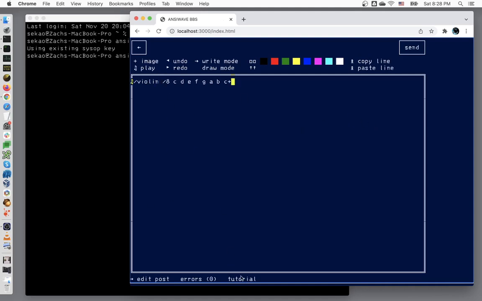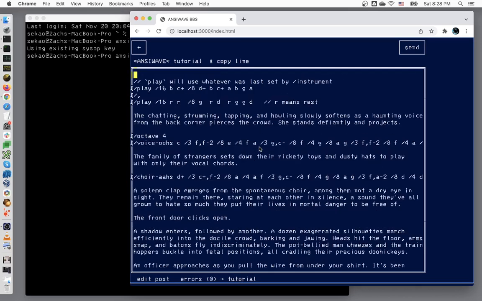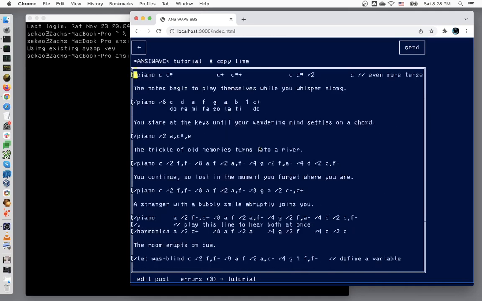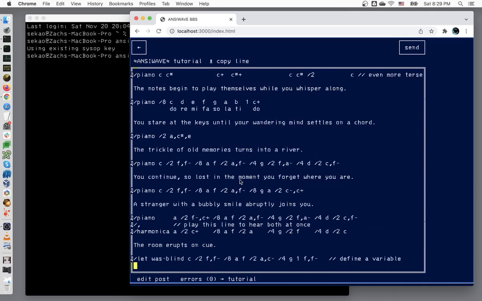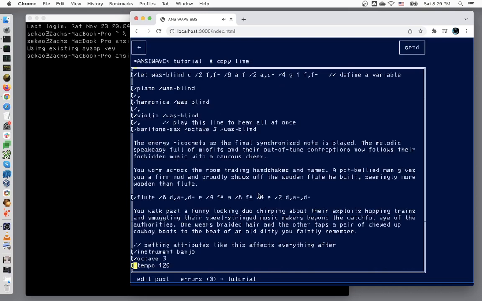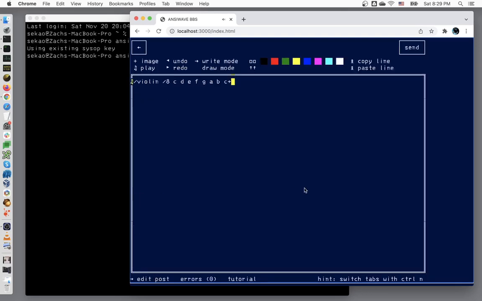And so you get all the same stuff, and you have the tutorial, which already was in the release version right now. So that way you can learn more about how to make MIDI music with the built-in scripting language. And by the way, you can play all the stuff in here as well. So you could just go like that. And where's that flute one? Yeah. Isn't that cool? So all of that stuff works in here now,